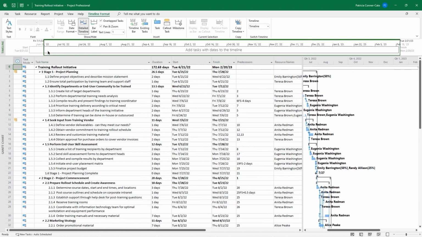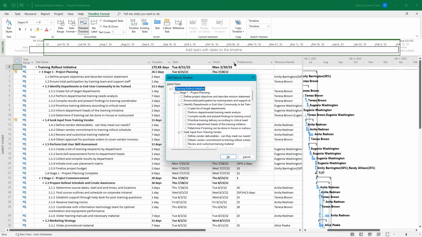Now we're going to add some tasks to this timeline. On that timeline format tab in the insert group, you're going to choose existing tasks. And it'll bring up a dialog box with all the tasks in your project. And for this example, we're just going to put our stage 1 tasks on the timeline. So I'm going to put a check mark in every task in stage 1, the summary task and their subtasks. I'm going to just check them all until I get to the bottom of stage 1 and its milestone completion task. So I'm just checking the boxes